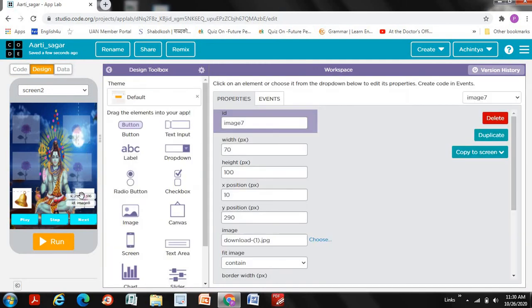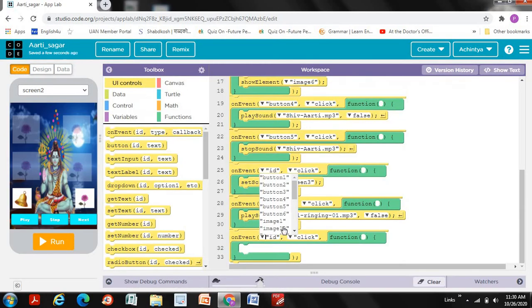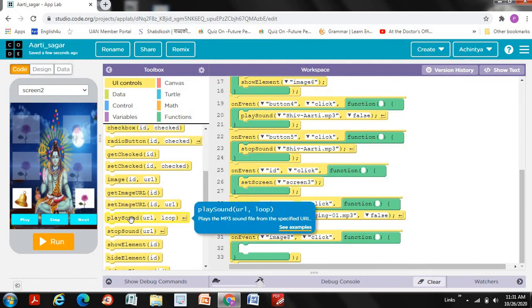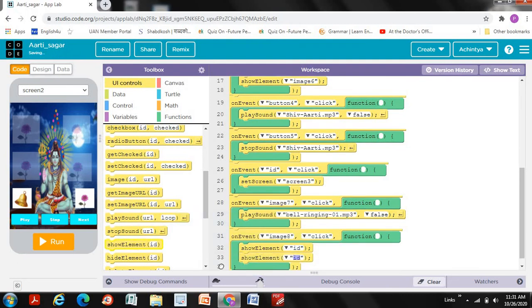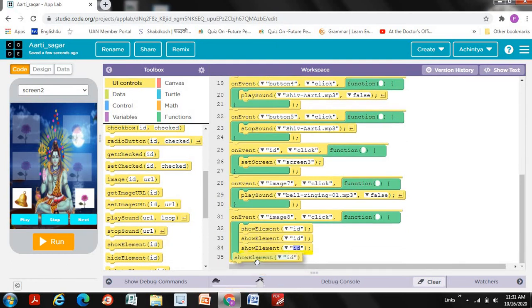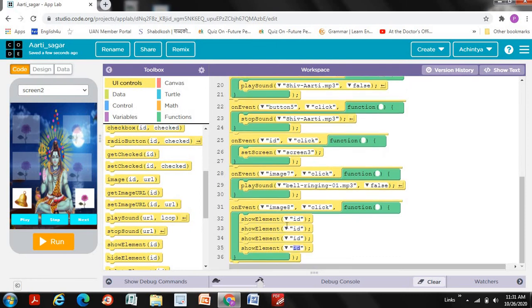And flower code, we have to do the same one we did in Durga screen. That is, somebody clicks on this one, image 8. Wait, this we have to show this element like 1. Put 4 show elements because there are 4 flowers here, and this is image 9, image 10, image 11, image 12. So make this as image 9, then image 12. Okay, you can make like image 10, then 11, then 12. Okay, you're done with this much.